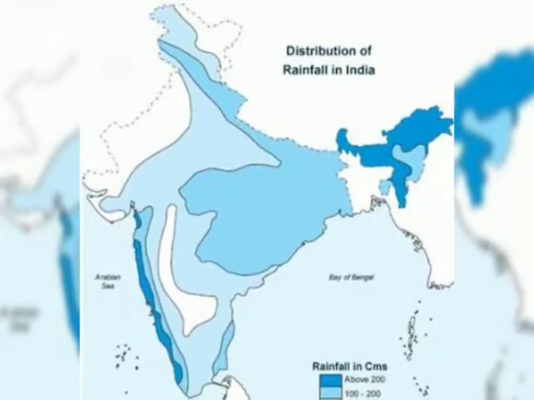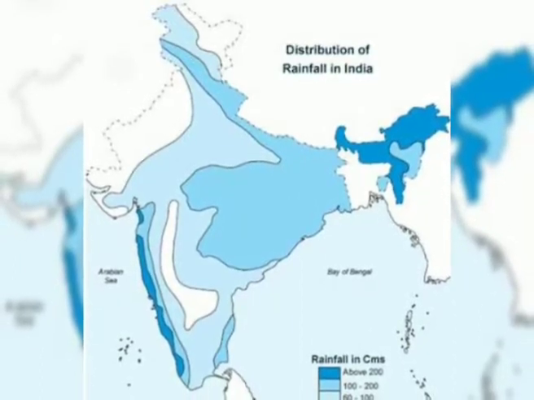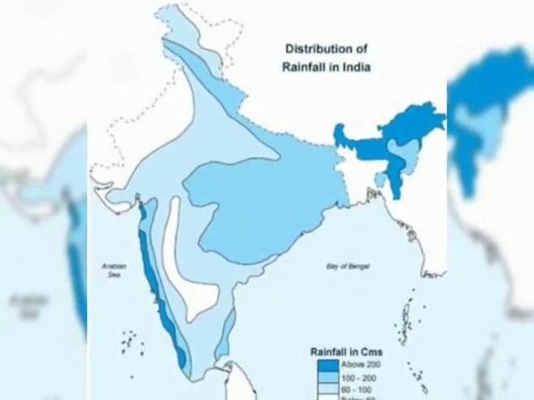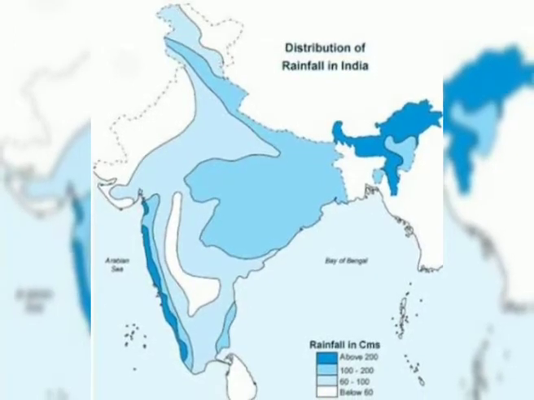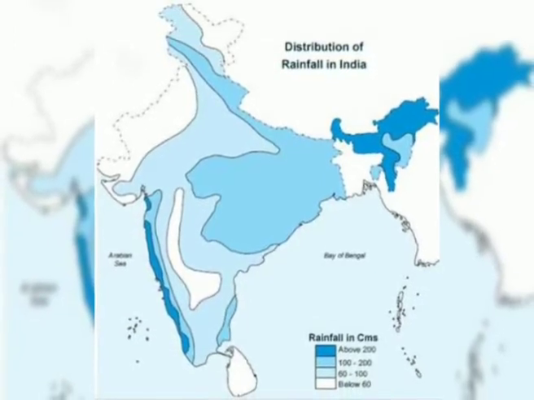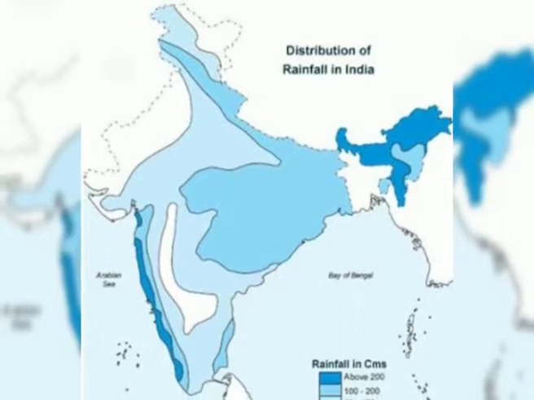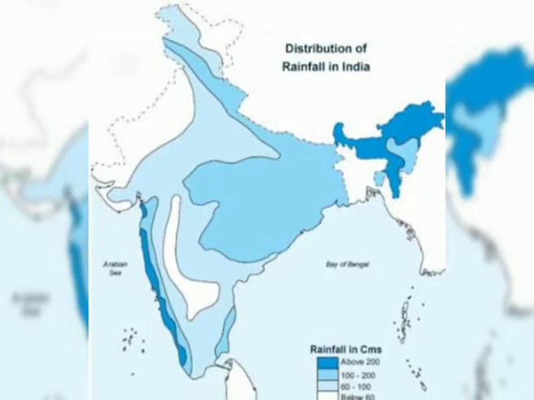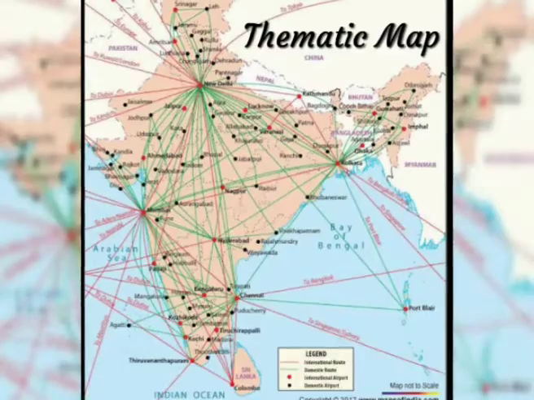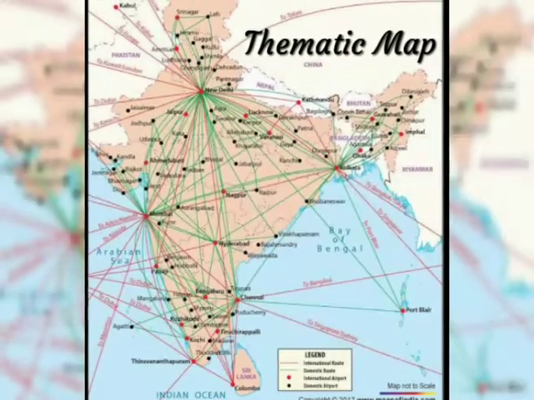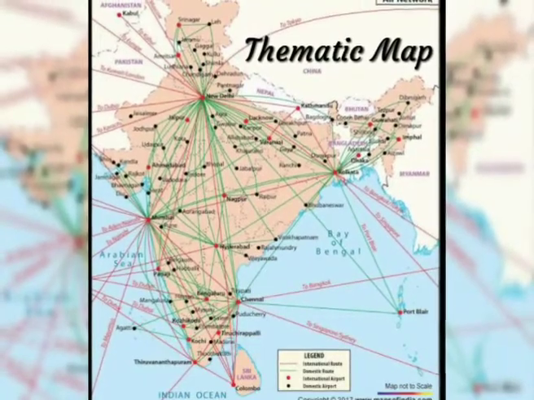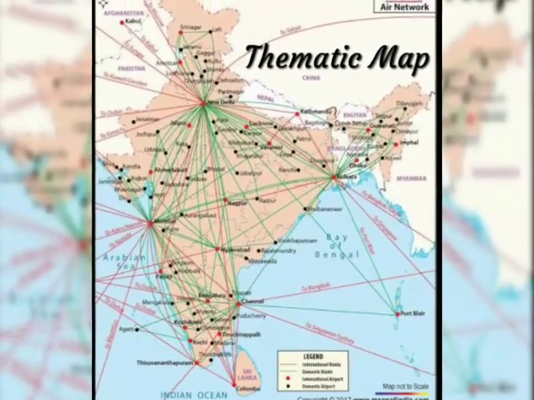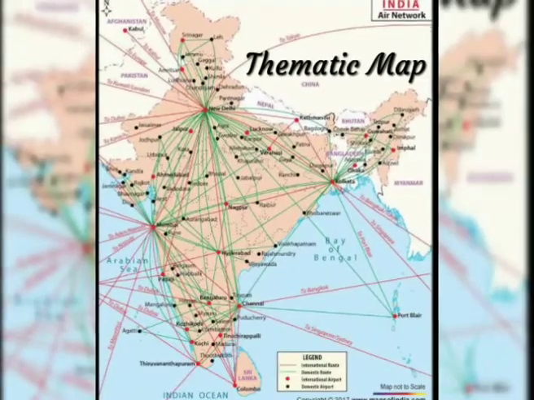Like a rainfall map, where they use different shades of color to show which places are getting more rainfall and which areas are getting less rainfall. In that map you can see only the rainfall. You will not get any other information. So these types of maps are known as thematic maps. They have suitable titles and basic information about the topic inside these thematic maps.